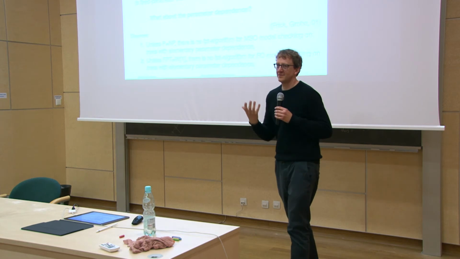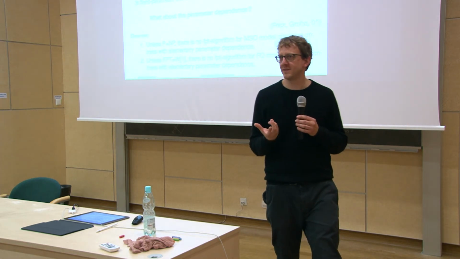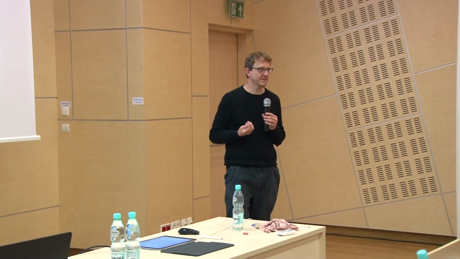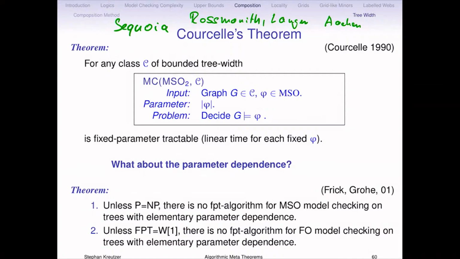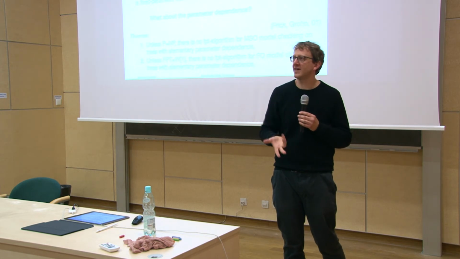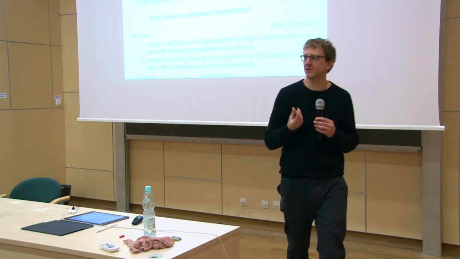What I'm saying is that we have this lower bound of non-elementary parameter dependence. But if you implement this more cleverly, then you get something that runs and works optimally for actual problems. Because the real way, if you read these proofs, what they're really saying is you can encode extremely complicated computational problems, very high up in the complexity hierarchy, by very, very short formulas.